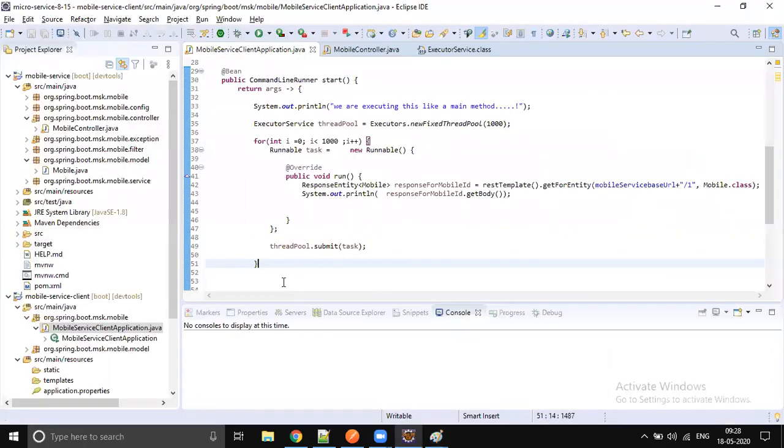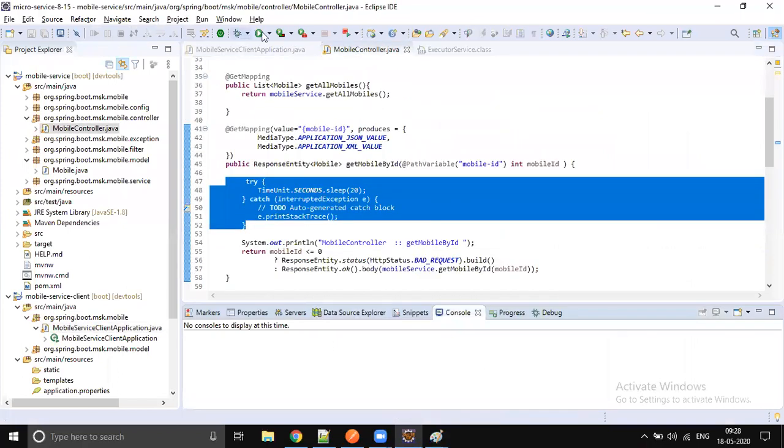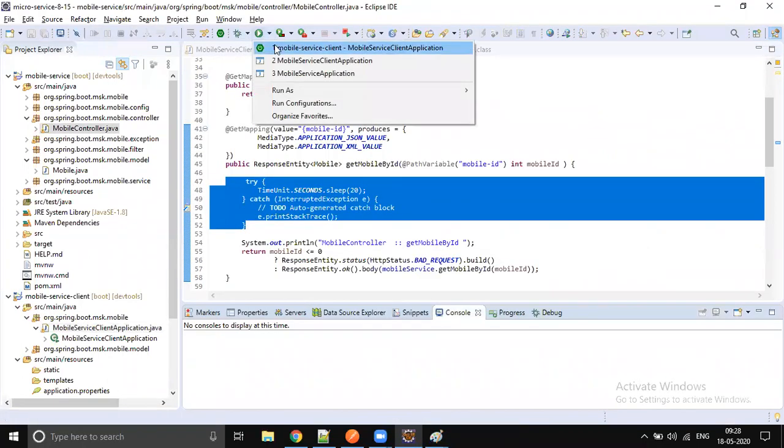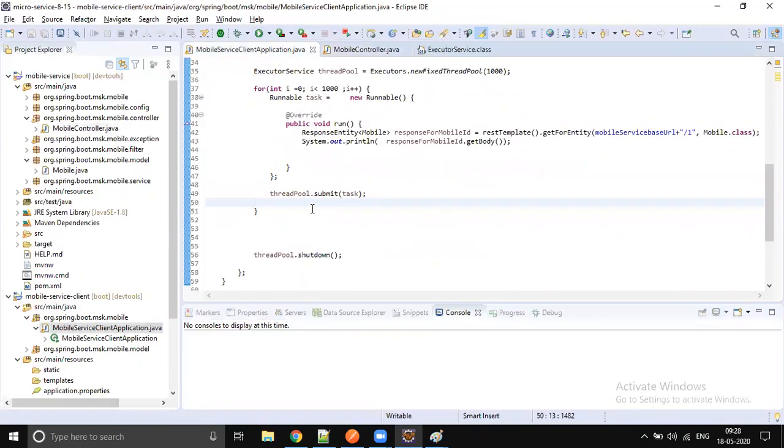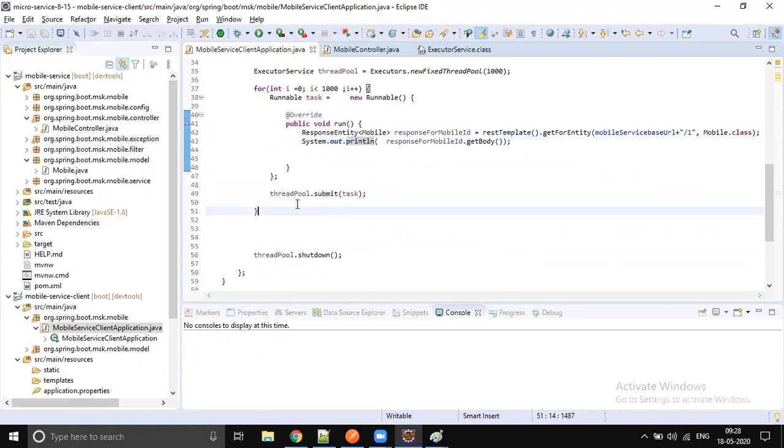Now let's run this code. I think the server is running. Okay, it's not running, so let's start the server first. Let me add some sysouts here. We get the task, we are printing, and we will add some space for each response processing.